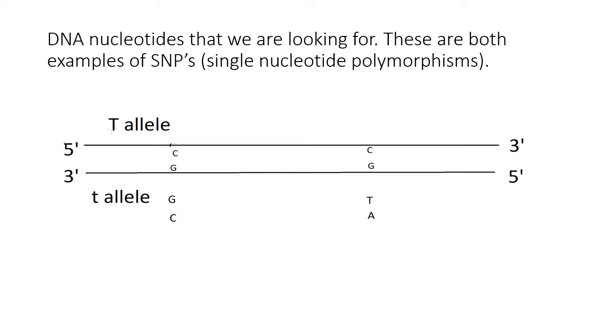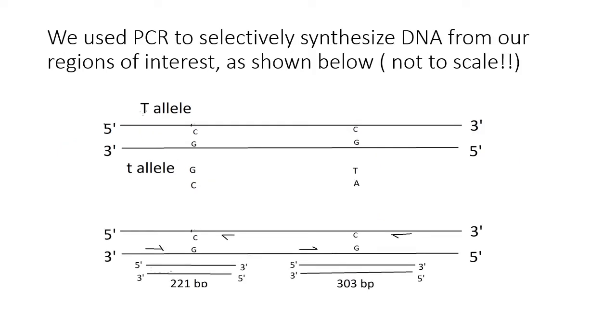Okay, so we use PCR to selectively synthesize DNA from our regions of interest. Remember, we had the big T allele and the little t allele, and I'm just diagramming what the PCR is going to look like. Now, everybody's DNA is going to amplify in exactly the same way with this particular pair of PCR reactions, because